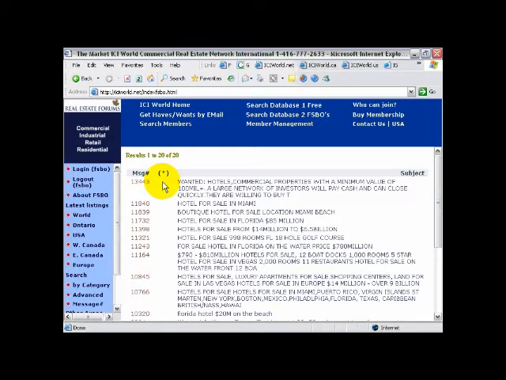Why? Because you can contact these people and ask them for permission to post their information in database number 1, which is getting all the exposure. Can the public click on any of these listings that we're looking at? The answer is no. If you posted this information in database 1, can the public click on your ads and get your contact information? The answer is yes.